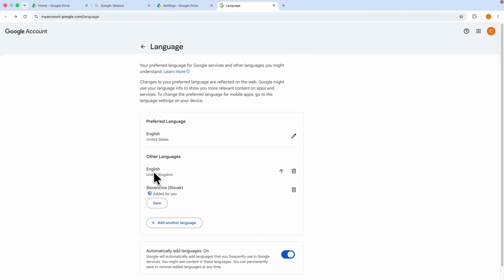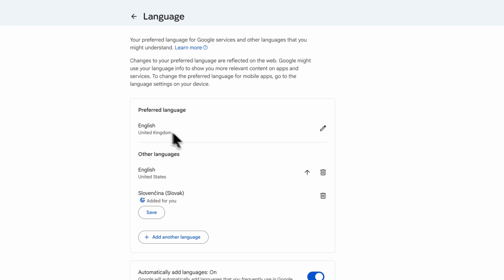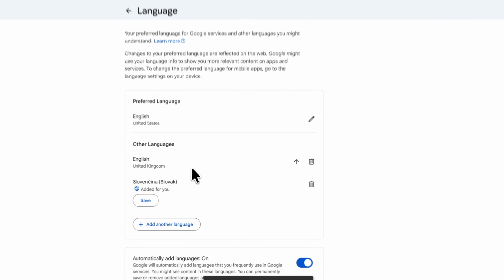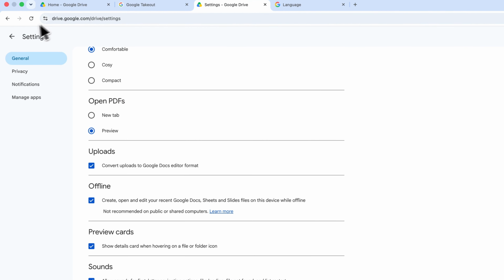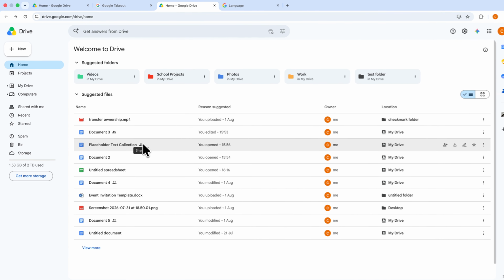If you want to make this your main language, you want to click on this arrow to make this your preferred, and it will basically change everything in your Google Drive to this language. So I can change this whenever I want. Now you just have to go to your Drive and you want to refresh the page, and you will have your language which you